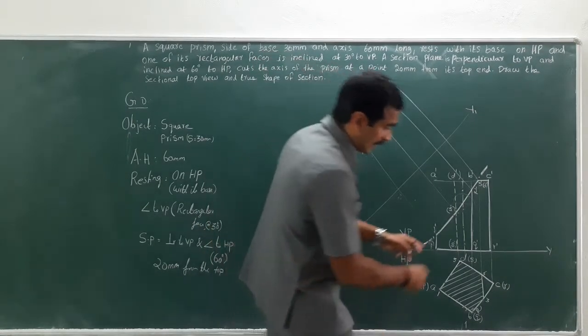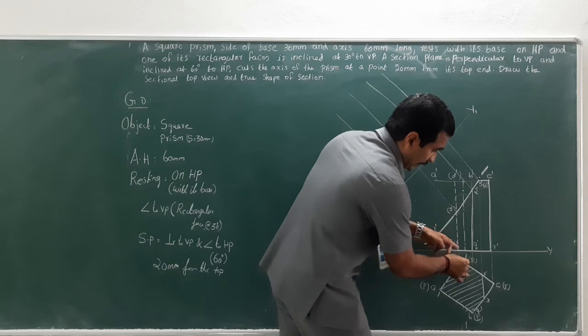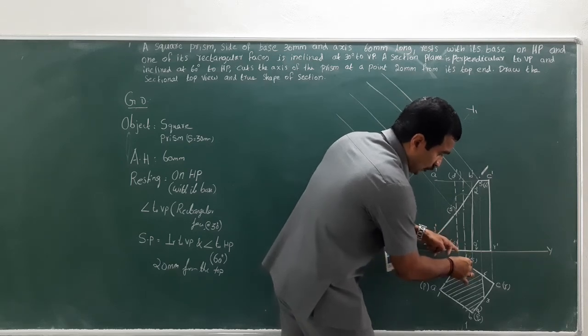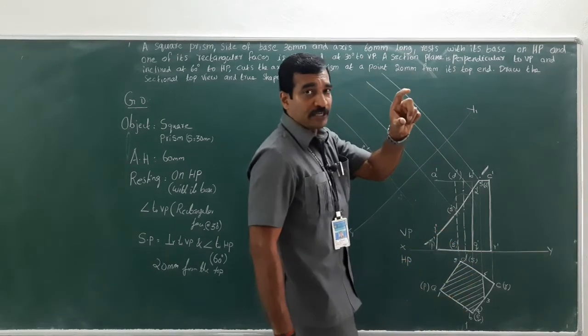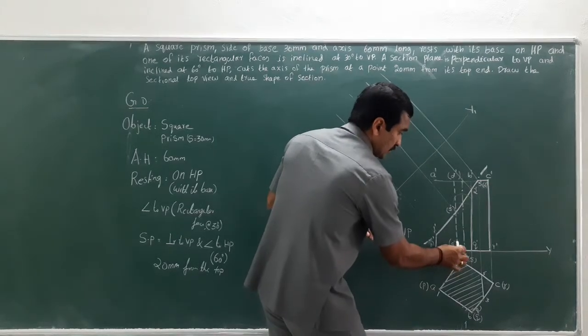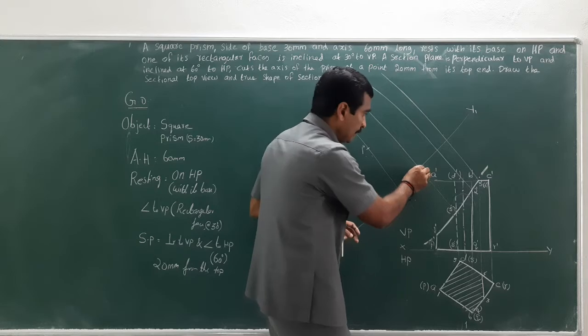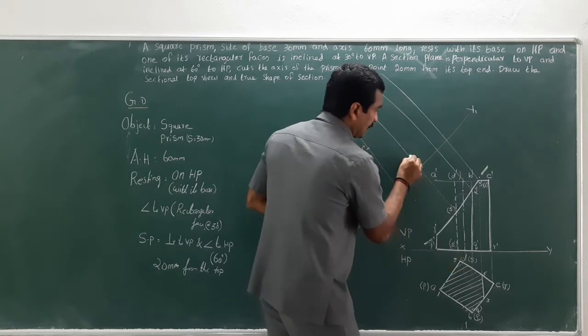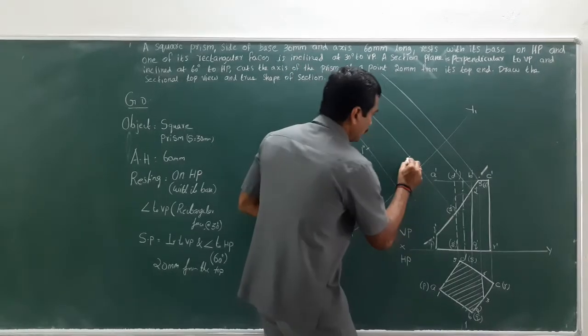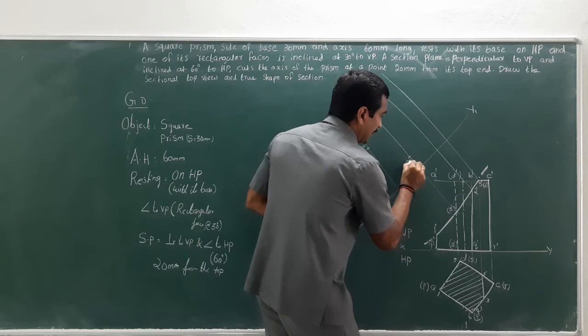Clear? Now the second point, that is fifth point here, from the reference line to the fifth point, take that measurement in your compass and just look at where it goes. Here it comes. This is the reference line and you have already measured here, cut the arc here. This could be 5 double dash.